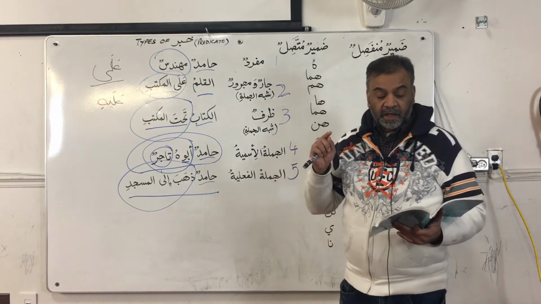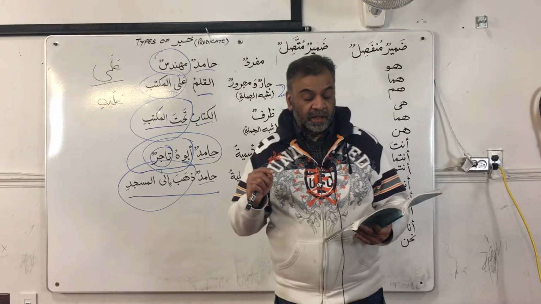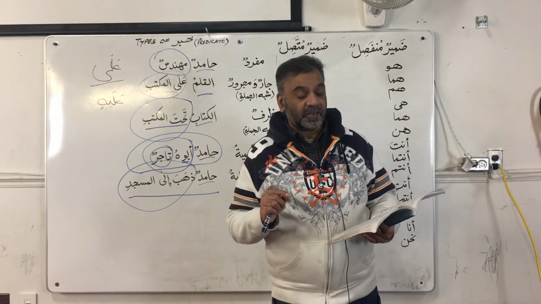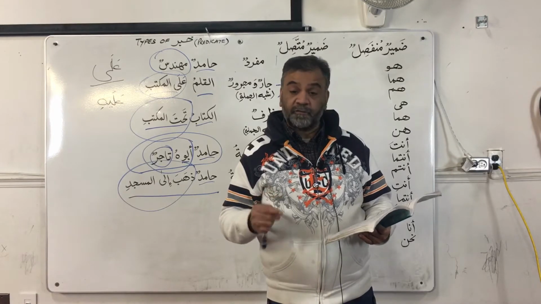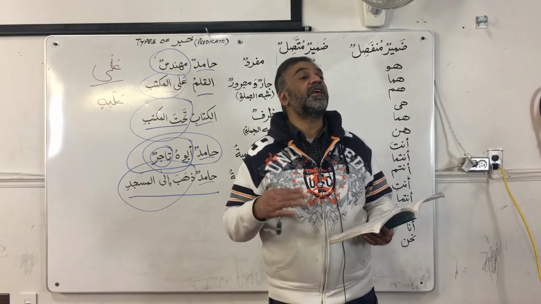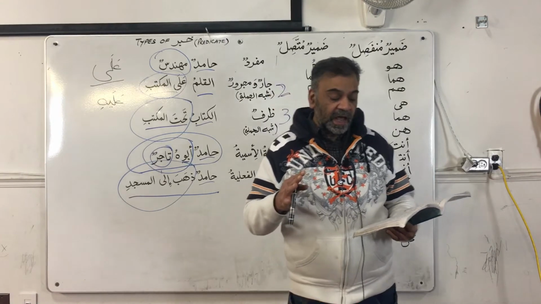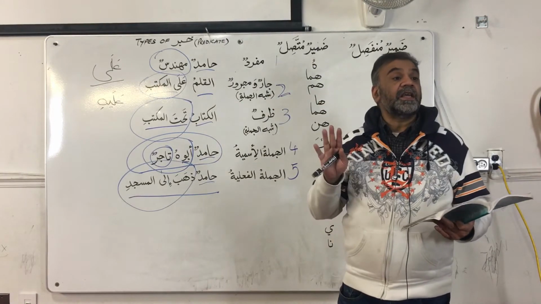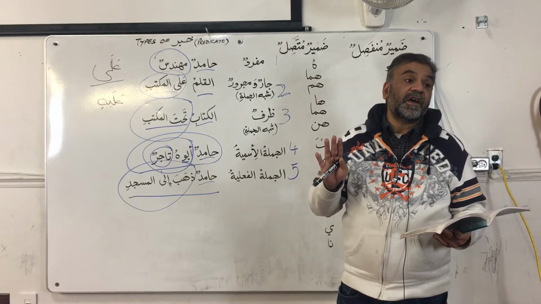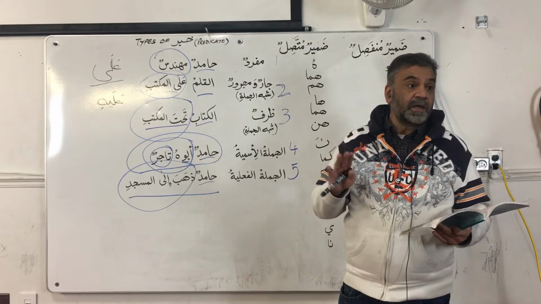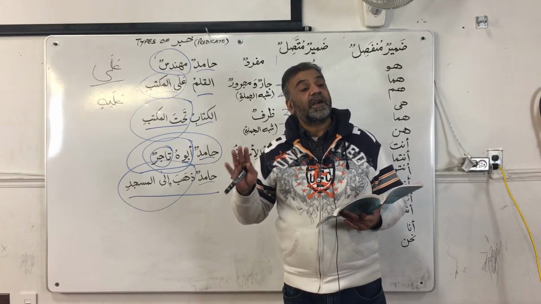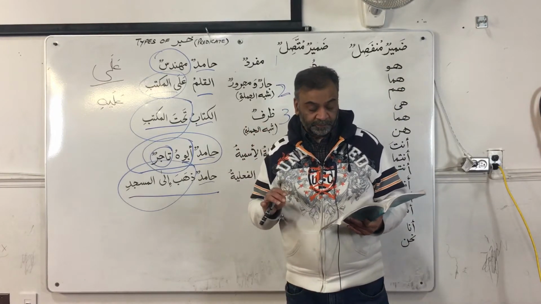Okay. Number 7, alaka ukhtun, do you have a sister? Then you say, if you have one, you say naam, if you don't have one, say la. In case you want to say la, mali ukhtun, I do not have a sister. La mali ukhtun, ma here is coming as a particle of negation.